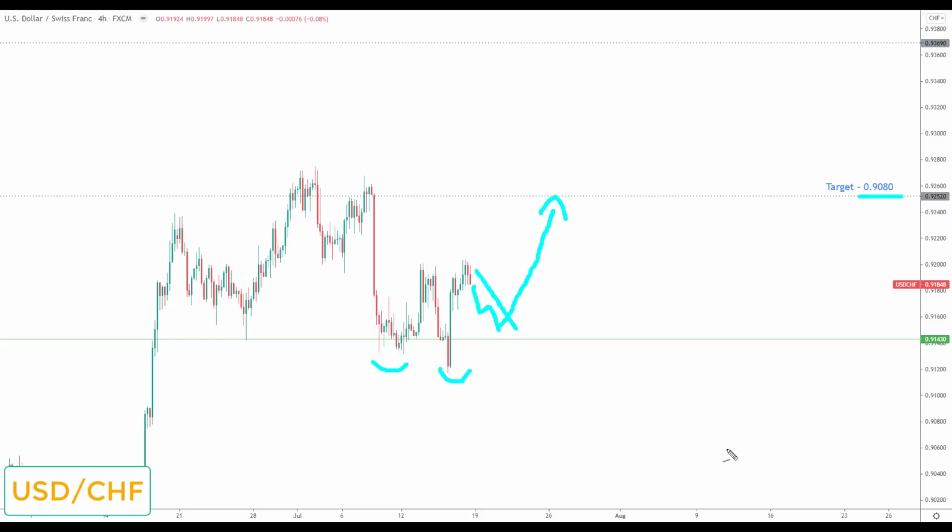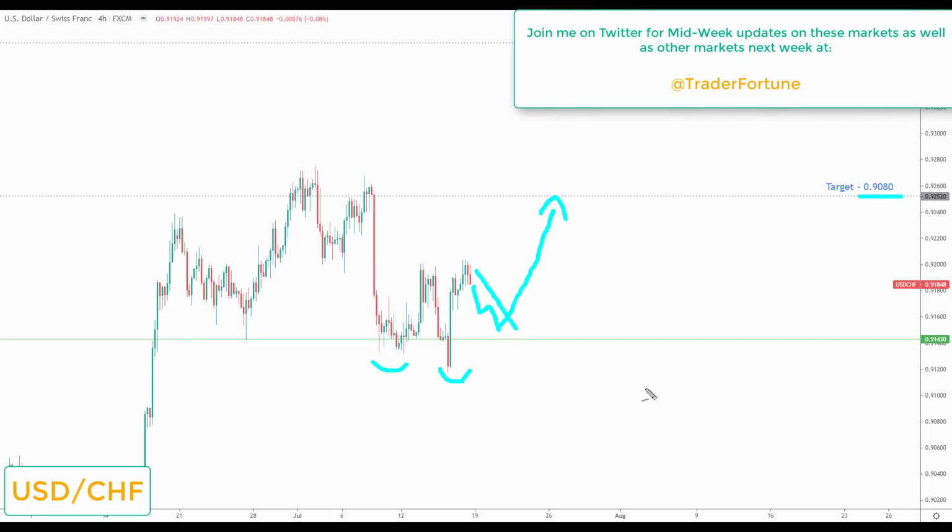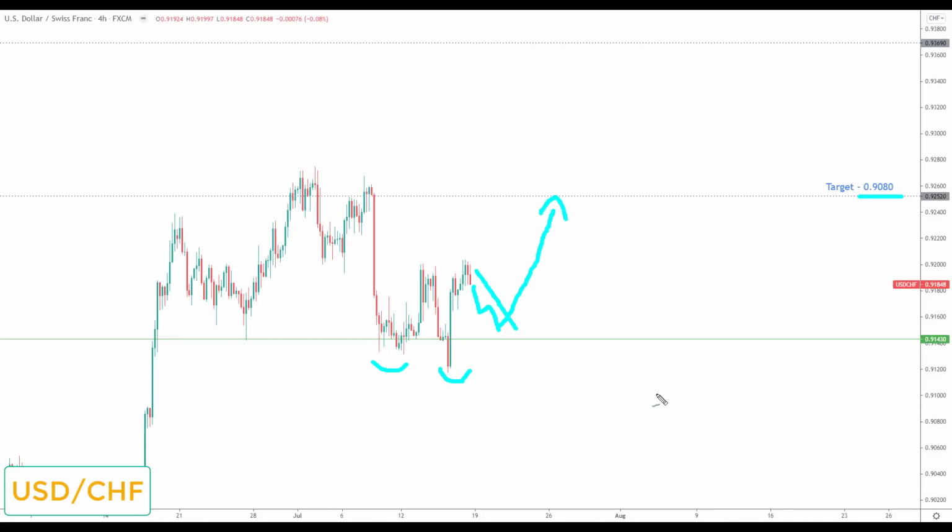Now, there's two key takeaways from this. One, the fact that this market is moving sideways or ranging shows us the US dollar and the Swiss franc are relatively either both strong or both weak. They're closely aligned. It's not that one currency is strong and one is weak, otherwise you'd see the currency pair moving. So both of these currencies are evenly matched in strength, and we know the DXY is actually quite strong. Out of all of the dollar pairs, I like the US dollar Swiss franc pair the least, because you're trading the dollar to the upside against another fairly strong currency.